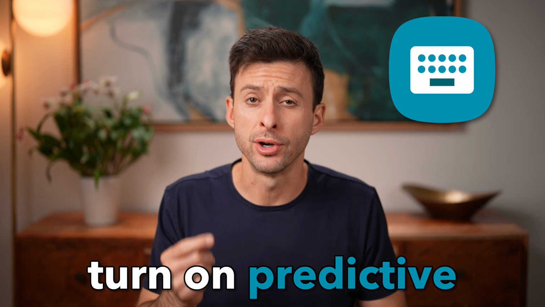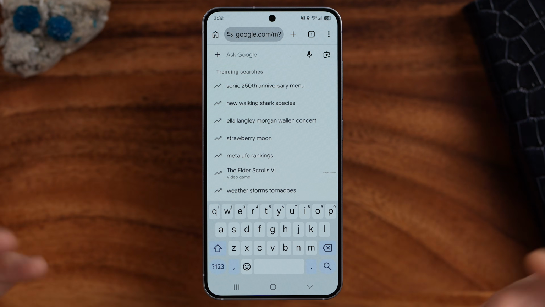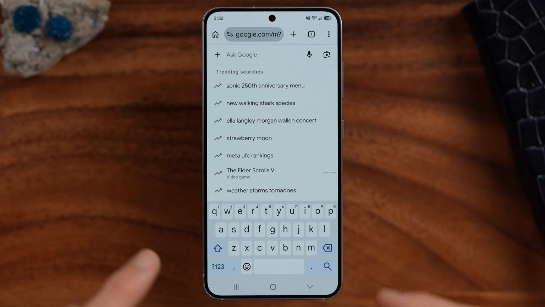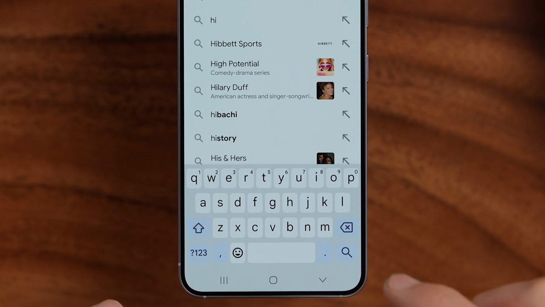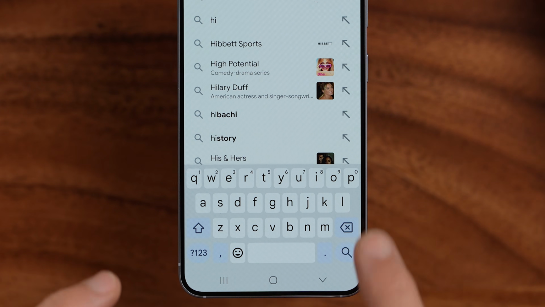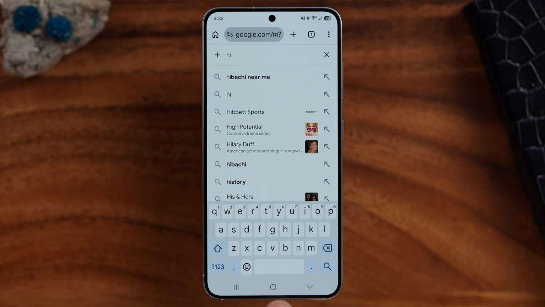Here's how to turn on predictive text on Android. Now, if you're on your Android keyboard, specifically Google's Gboard, and you want it to predict what you're going to type next as you start to type it, but it's not showing up, you can always add that by hopping